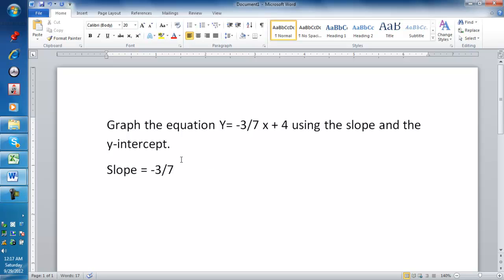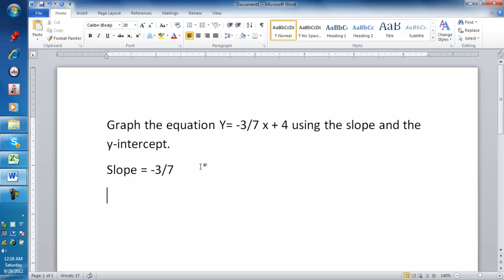When you use the slope-intercept form, first you want to make sure that y is isolated, meaning that it's equal to some algebraic expression. We want to make sure there's no numbers in front of the y. We don't want to be adding anything there. So in this case, this equation right here is in slope-intercept form. So we're okay there. Alright, so the slope is negative